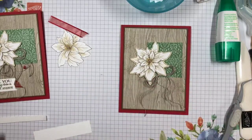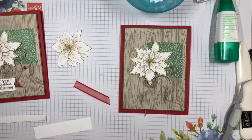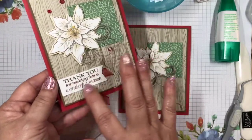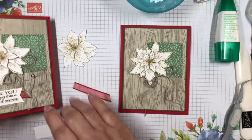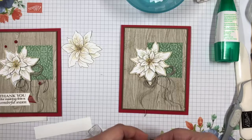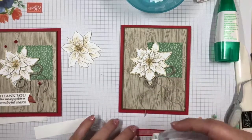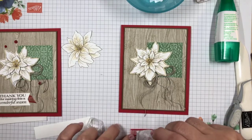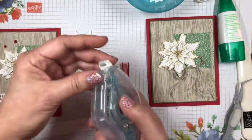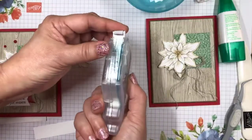Okay, so then the next thing I'm going to do is stamp my little label, my little thank you label. And what I'm going to do is put a little piece of ribbon underneath it so that it extends it. And then also it gives it a little bit more red against all this natural. I'm not doing this in the camera. Oh boy. So I'm going to put just a little bit of Stampin' Seal on